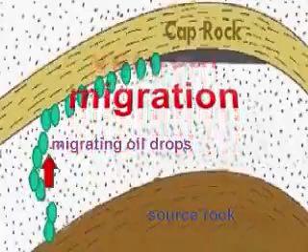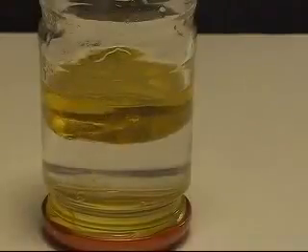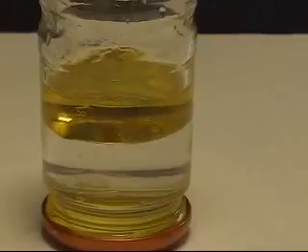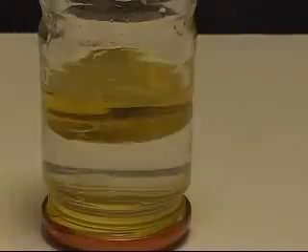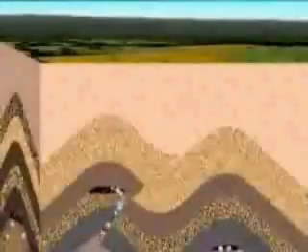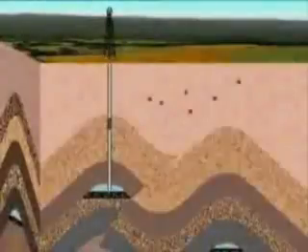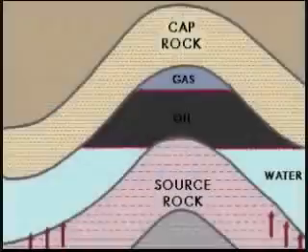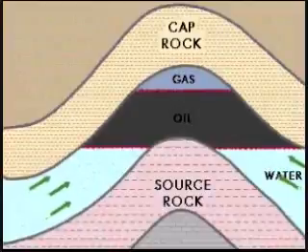Here is the reenactment. You can see how drops of oil form and then push upward, caused by buoyancy pressure or density differences between oil and water. Now, getting back to our animation, the oil migrates or travels upward through permeable reservoir rock until it disappears into the surface. Or it finds a reservoir rock with pores, porosity, and is trapped by an impermeable trap or cap